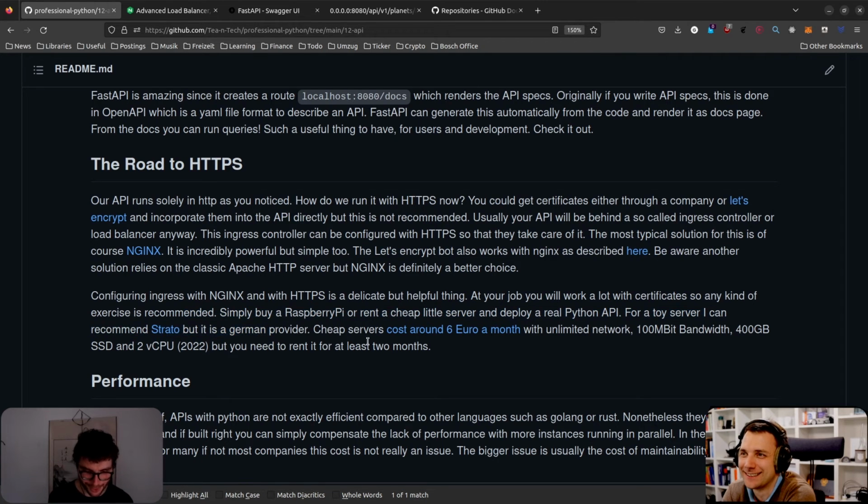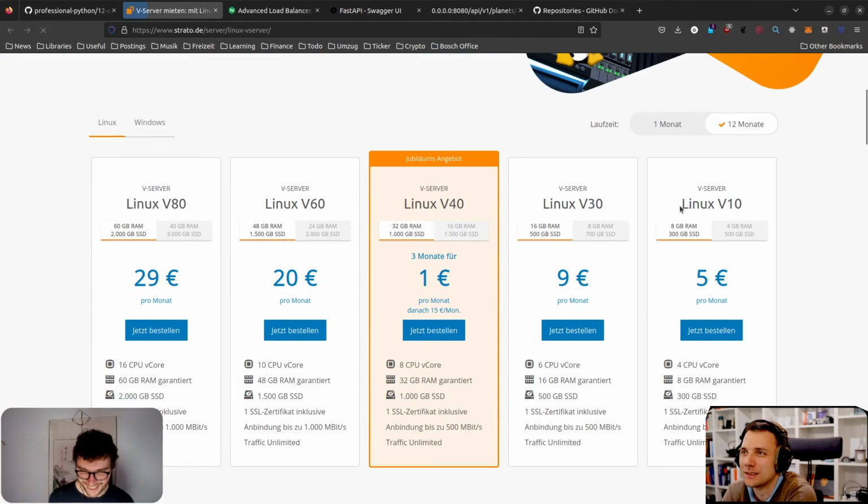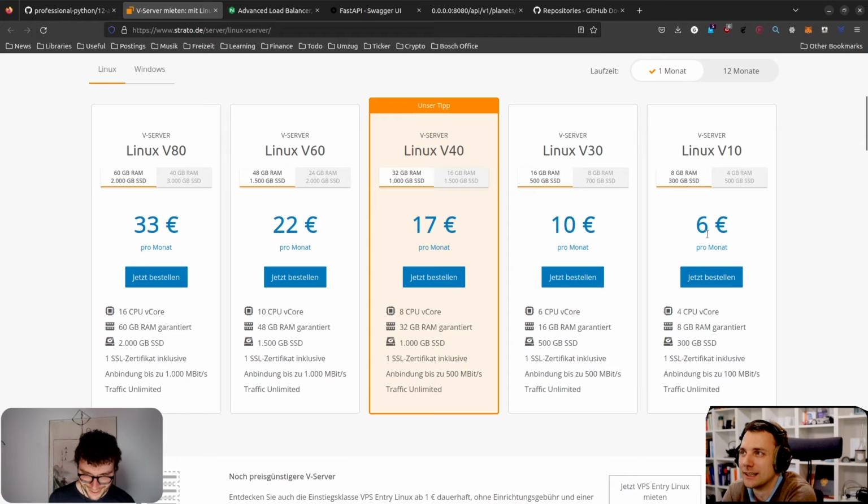Servers I always like to buy. It's so good, man. They cost €6 a month, and what you get for that money is ridiculous. I usually do the monthly build, but for €6 you get 4 or 8 gigabytes of RAM, and 300 to 500 gigabytes of SSD. And very important, something you usually don't get so easily from most providers: unlimited traffic. Okay, throttled at 100 Mbits, but 100 Mbits for an API is a ridiculous amount.